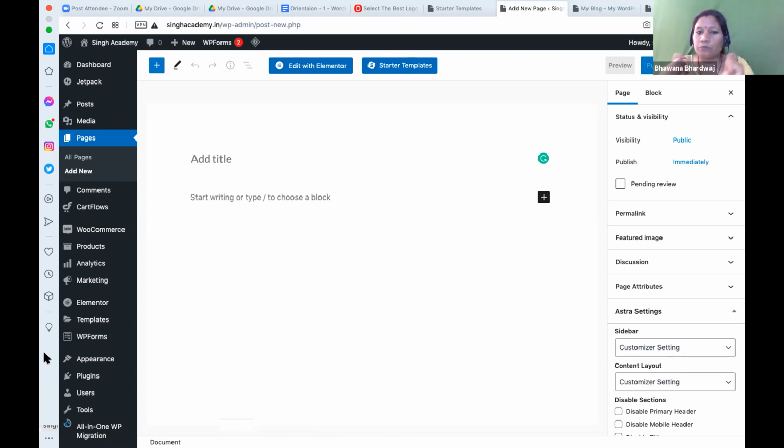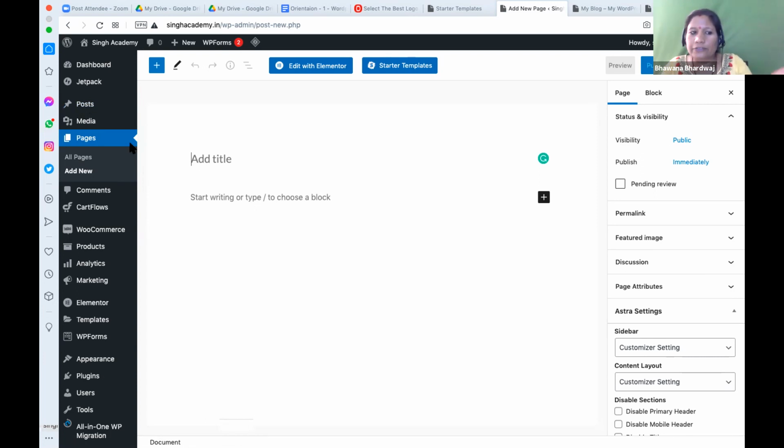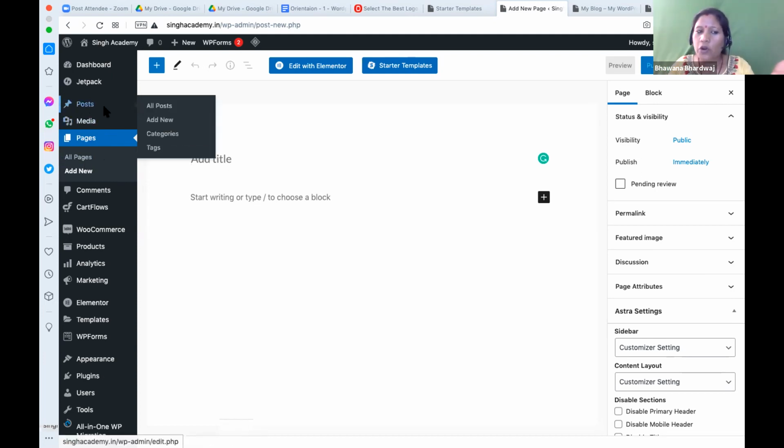So let's keep the blog separate, and I will set up the blog in tomorrow's session or the day after. Is that fine? If anyone wants to set up a blog, we can set it up, you have to set up the entire blog from the post section. Page is for the fixed information, blog is for the regular information. There is not much difference between the page and the blog. Only, the blog information you are publishing on a regular basis, monthly, weekly, daily.